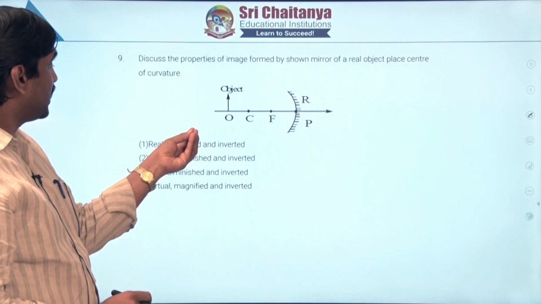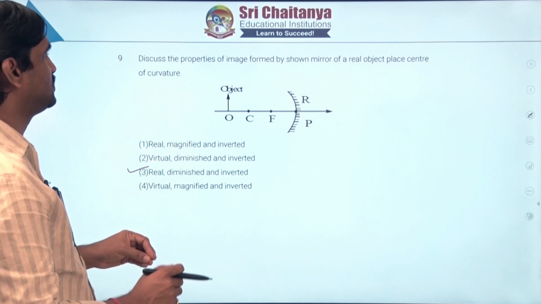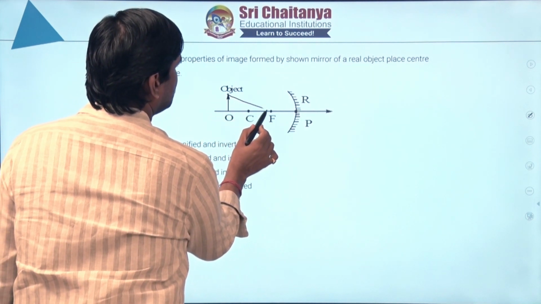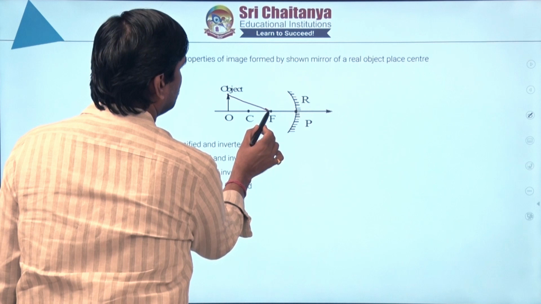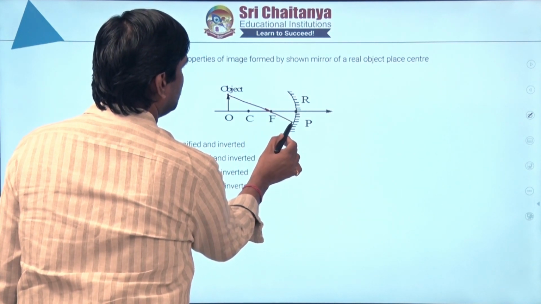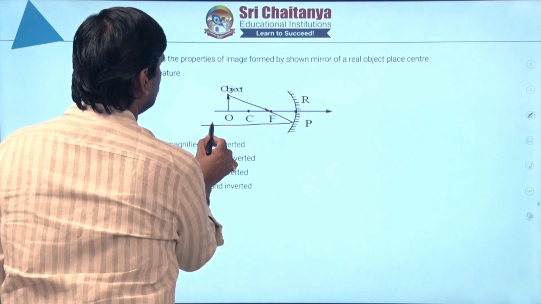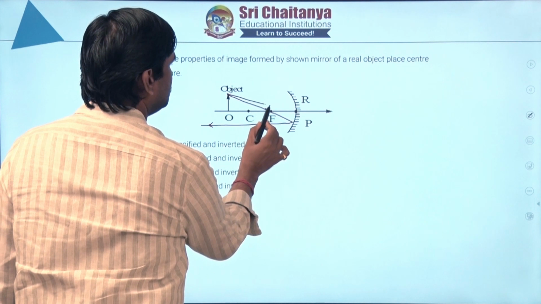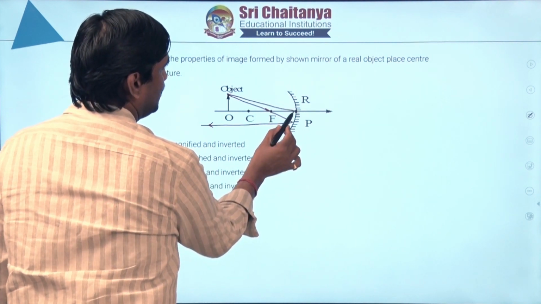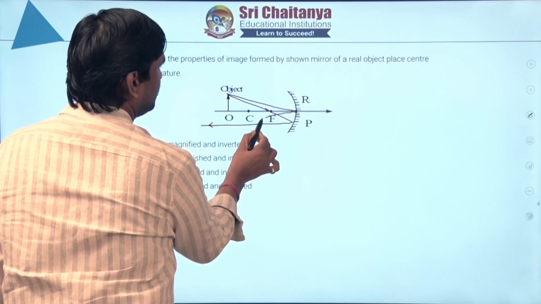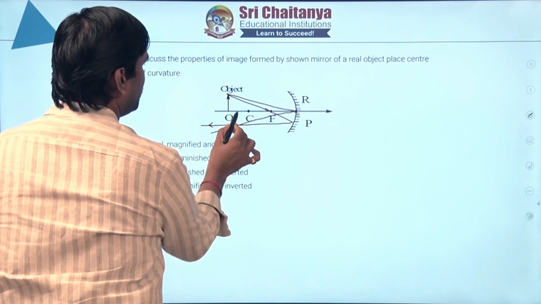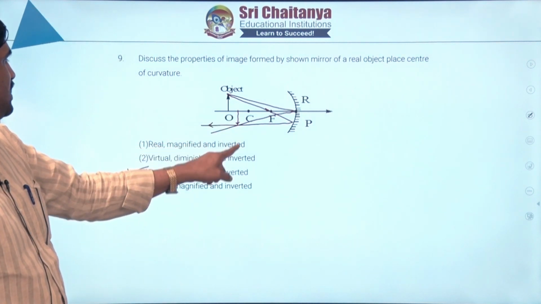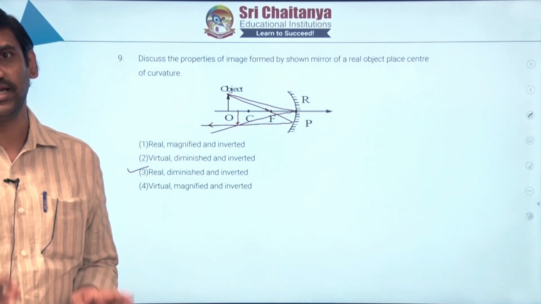You can get it by using a ray diagram also. This is a ray diagram for it. Now, this is a light ray coming from the object passing through the principal focus. After that, it travels parallel to the principal axis, whereas another one is incident on the pole of the mirror and then coming back. Thereby the image will be formed here. This is the image. This is a real, inverted and diminished image. So, the third option is the correct answer.